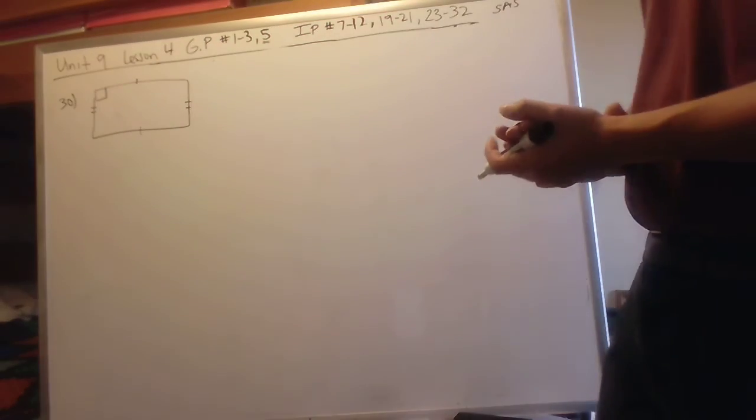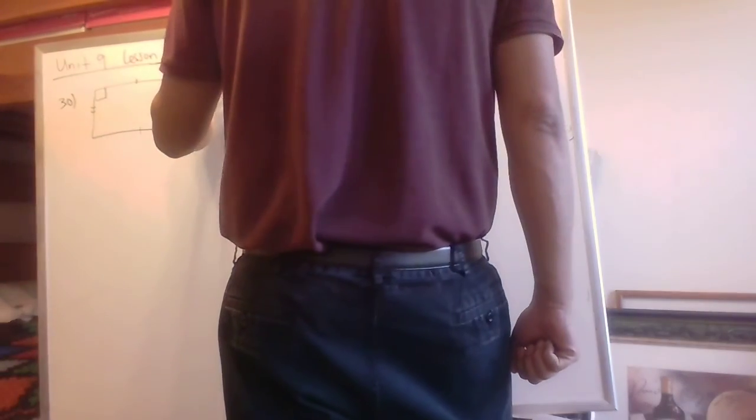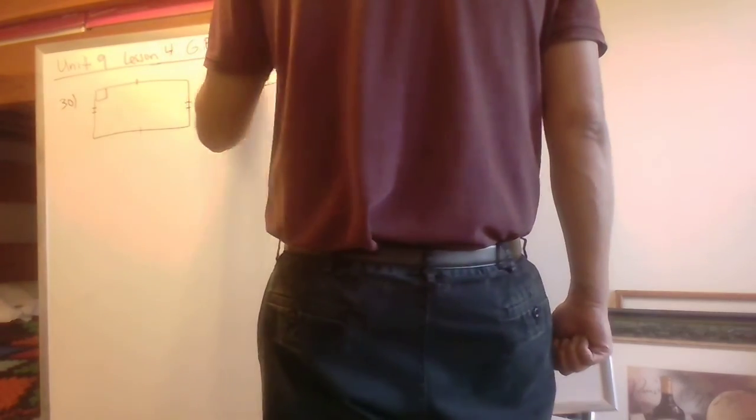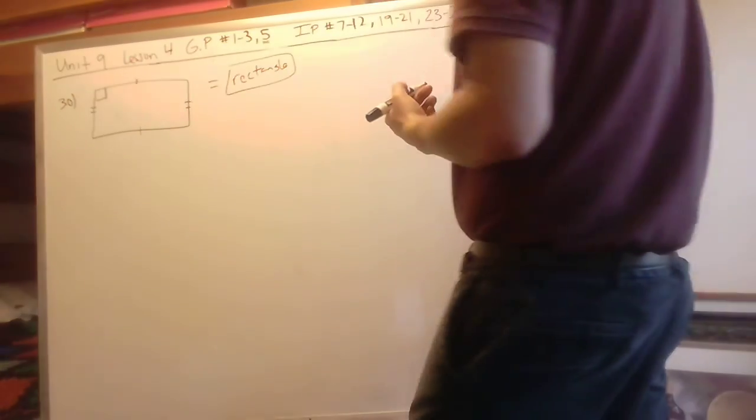So we know that this shape is going to be a rectangle, and that's because a 90-degree angle was formed,